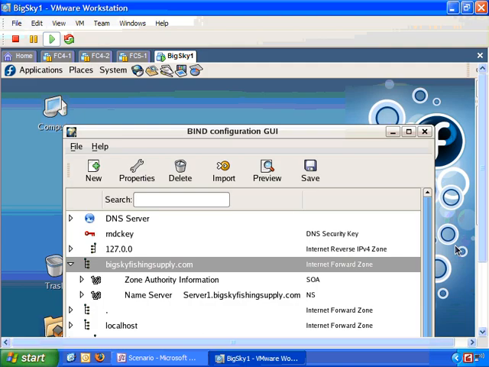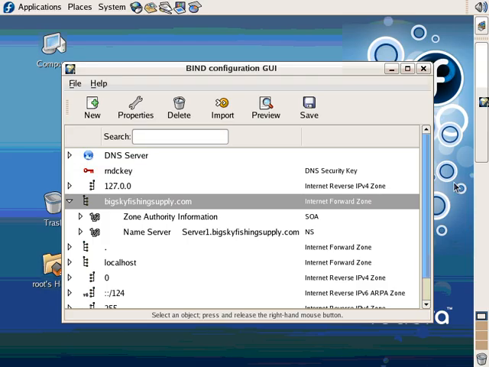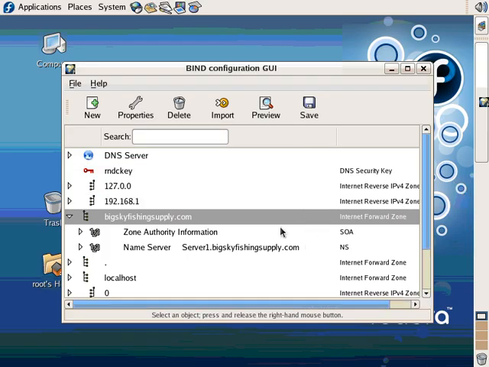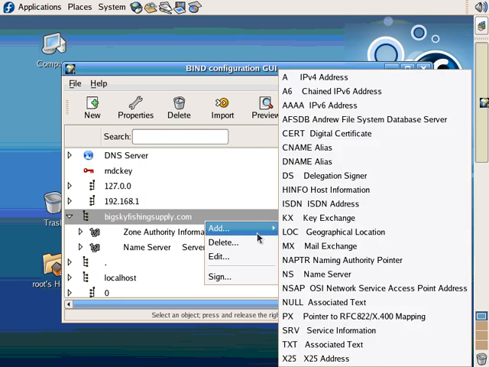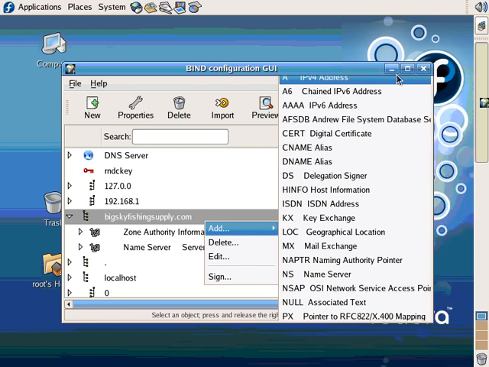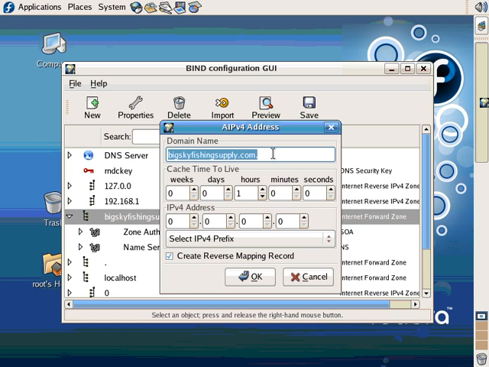So if we go back to our Linux system, if I go over here to bigskyfishingsupply.com, I right click, go to add, and go up here to A, which is an IPv4 address. I click on that, and then under domain name, if I press home here, I type the name of the domain name we want to add,